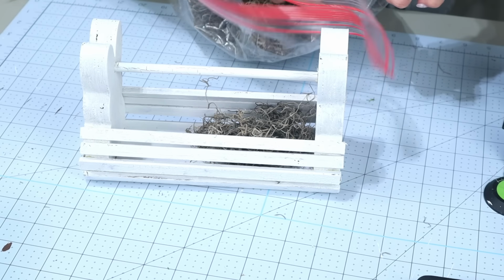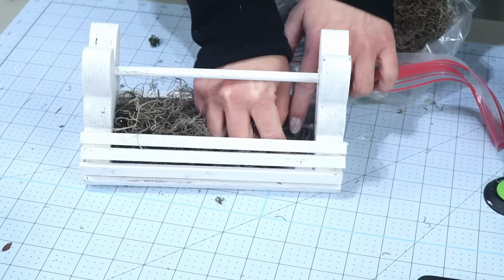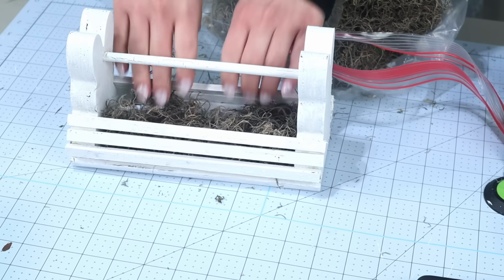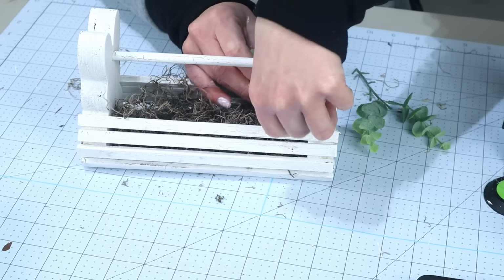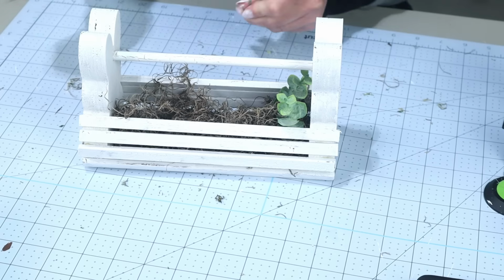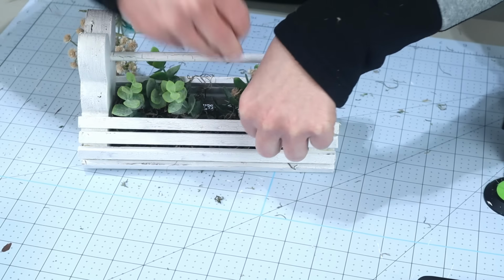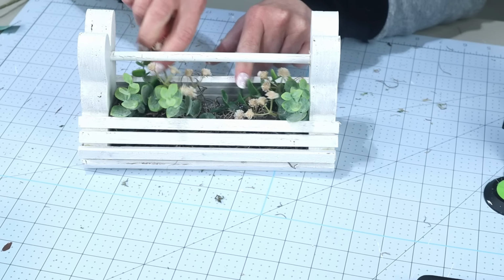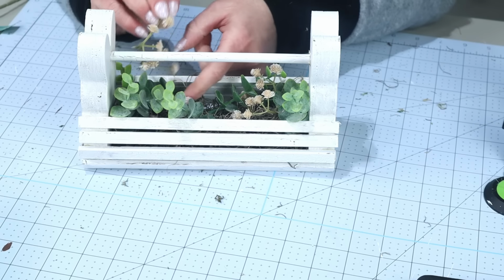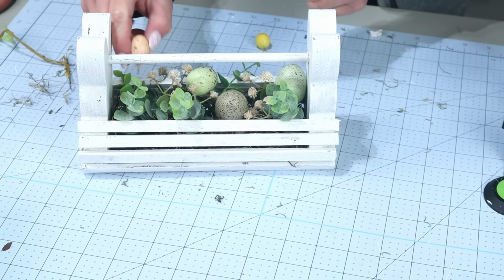And then I'm going to use some Spanish moss on the inside, and the Spanish moss is from Dollar Tree. I'm then going to be using some greenery stems I had in my craft stash, just sticking those inside of the Spanish moss. And then I'm also going to be using some of these little pinkish peach colored flowers from Hobby Lobby, placing them just wherever in the basket,